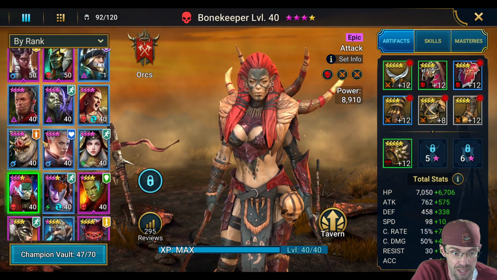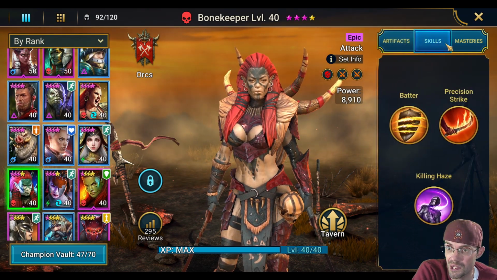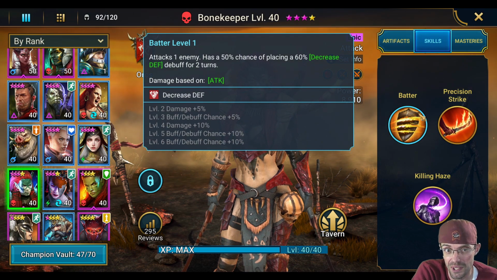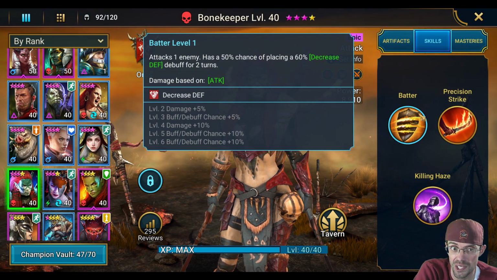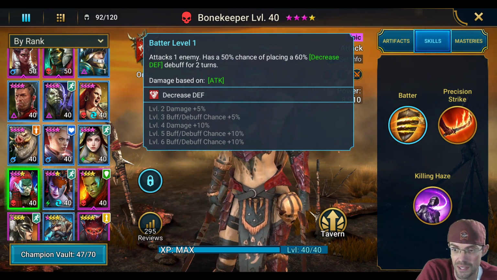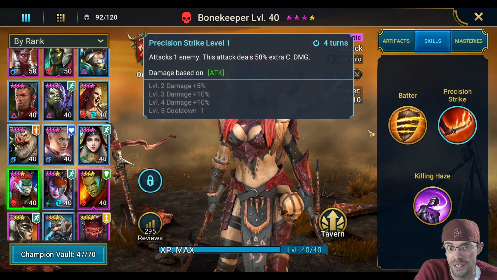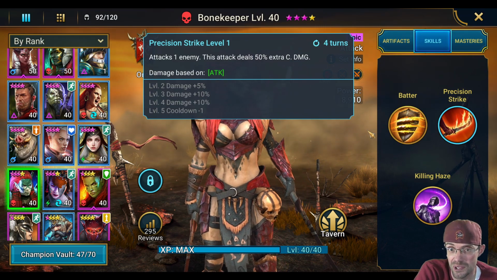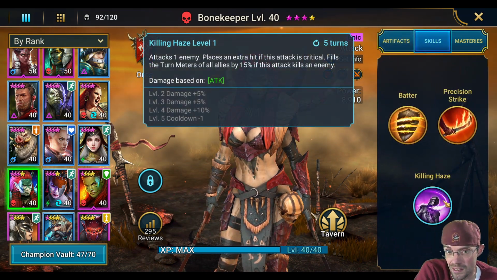I am working on getting Basher 6-star right now. But what I like about Bonekeeper, probably the best character I pulled, attacks an enemy 1 time, 50% chance of placing a 60% decreased debuff. I need a decreased defense champion for clan boss and dungeons and things like that, so she can help me out there. Attacks an enemy 1 time, deals 50% more critical damage, so you definitely want that crit rate to be high,